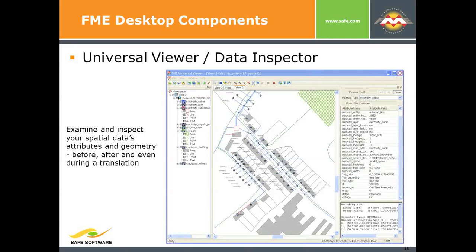we came up with the idea that really we should allow you to inspect your data using a very simple viewing or inspection tool, so you can tell exactly what you have to start with so that there's no surprises when you get to the other end. So it's a very nice tool to quickly see what there is to begin with, make sure it's what you think it is, and that way when it comes out the other end, you don't blame us if it's not quite what you think, because in fact we can't squeeze water out of stones. We can come close, but if your data is no good to begin with, it's a little hard to make it perfect on the way out.